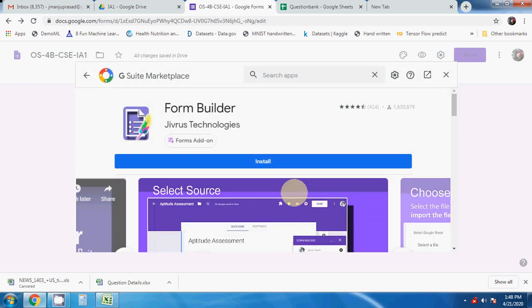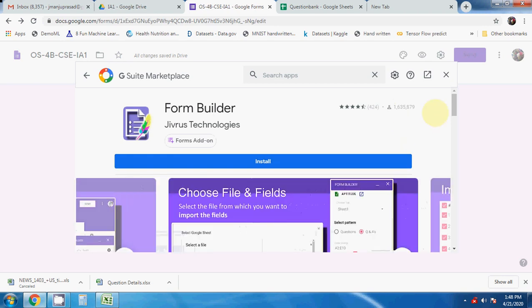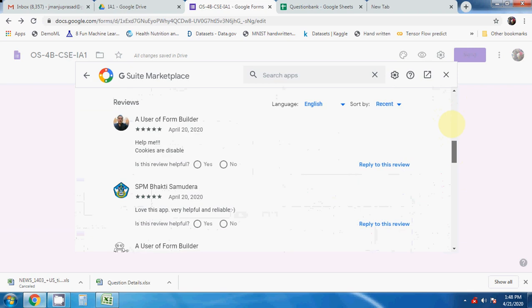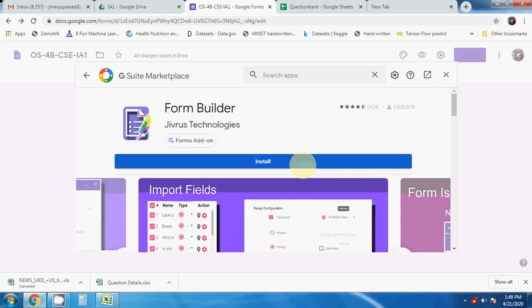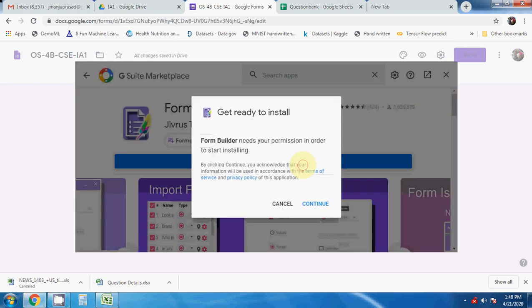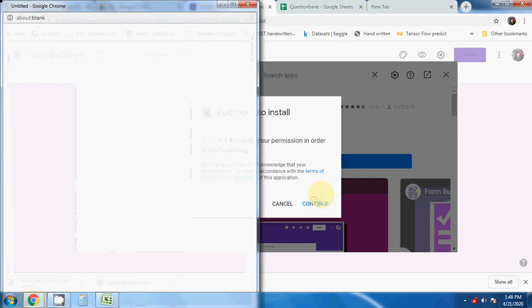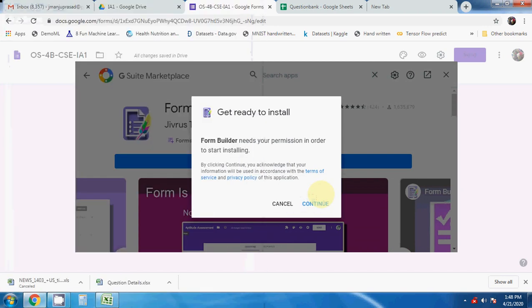This form builder will be installed. It is taking time to install. I think net issue.